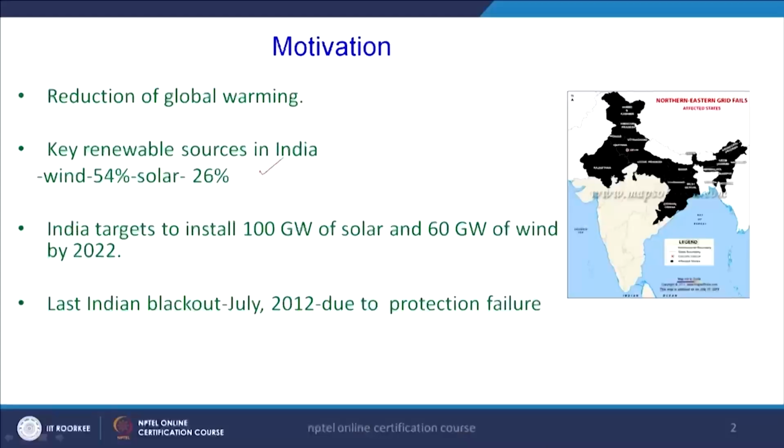And here another issue is coming. The key renewable sources in India are basically wind and solar. The wind is 54% and the solar is around 26% of the total renewable generation. And India is targeting to install 100 gigawatt of solar and 60 gigawatt of wind by 2022. Coming to today's lecture, I will discuss the different protection schemes, and